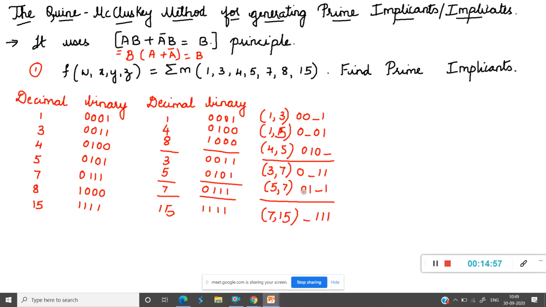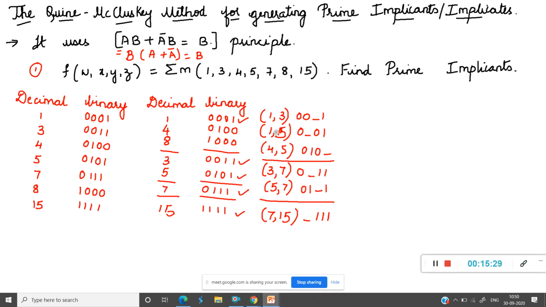Okay, so next step says, this comparison is over, students. So here, if the number is present in this, no, put a tick mark in this. Okay, fine. 1 is present, so I'll put a tick mark. 3 is present here. 3 is present, no, I'll tick mark here 3. Next, 5 is present. This is 5. Okay, students, 5. Here also 5 is there. So totally 5 is present. So put a tick mark 5. Okay. Next, 7. 7 is present. Okay, put a tick mark. 15 is present. Yes, put a tick mark.